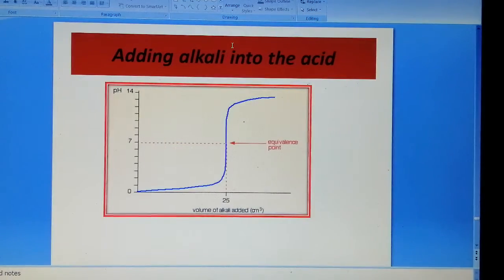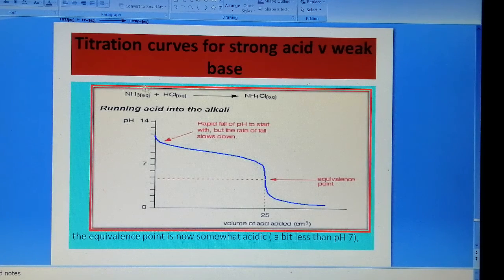Now we'll go to the next one, that is adding alkali into acid. See, at 0 the pH is 0. That means it is an acid, and into that we are adding a base. This is also strong acid and strong base. That is why the equivalence point is at 7. Now look at this one. This is a weak base and a strong acid. We are taking a weak base like ammonia. See here, it is 14, 13, 12, 11, 11 point something. It's a weak base and we are adding HCl to it. It's a strong acid, and see here it's coming near 0 and the equivalence point is less than 7.